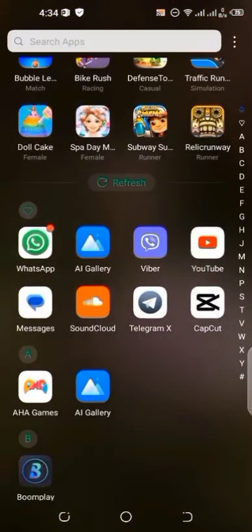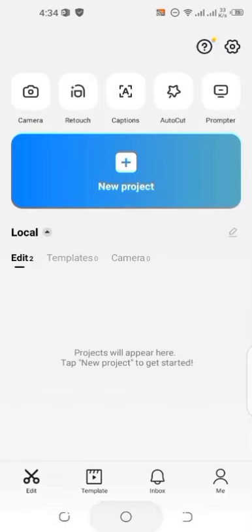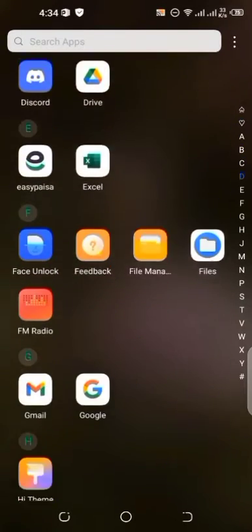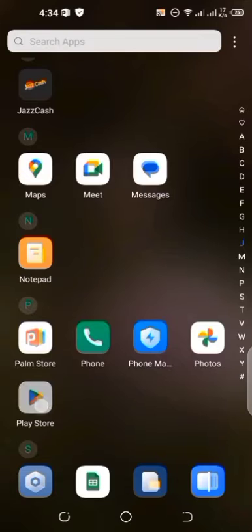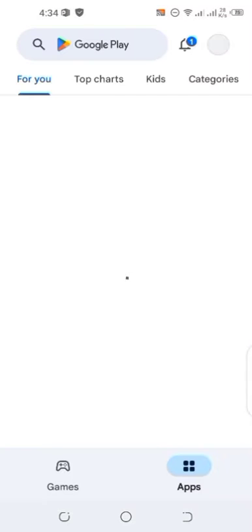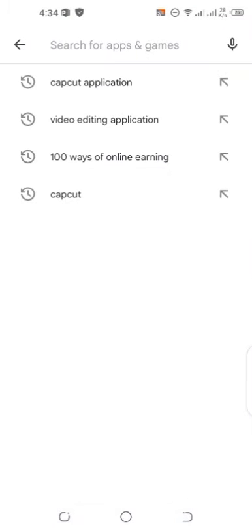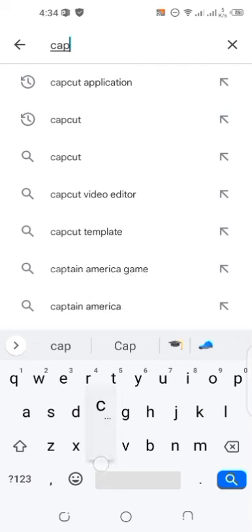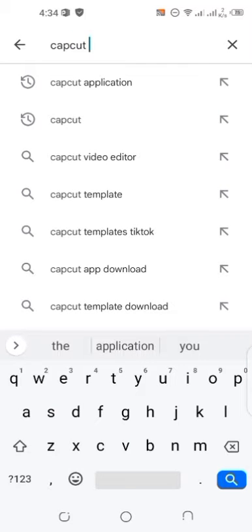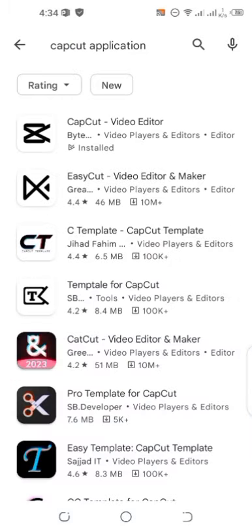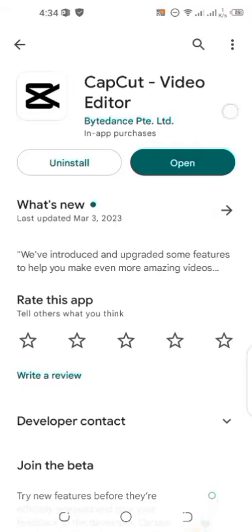So first of all, I will go to the CapCut application, and from here first of all we will visit our Play Store and see the CapCut application. Here is our Play Store. Let's open the CapCut application. Let me type CapCut. Okay, so you can see here is the CapCut application, and